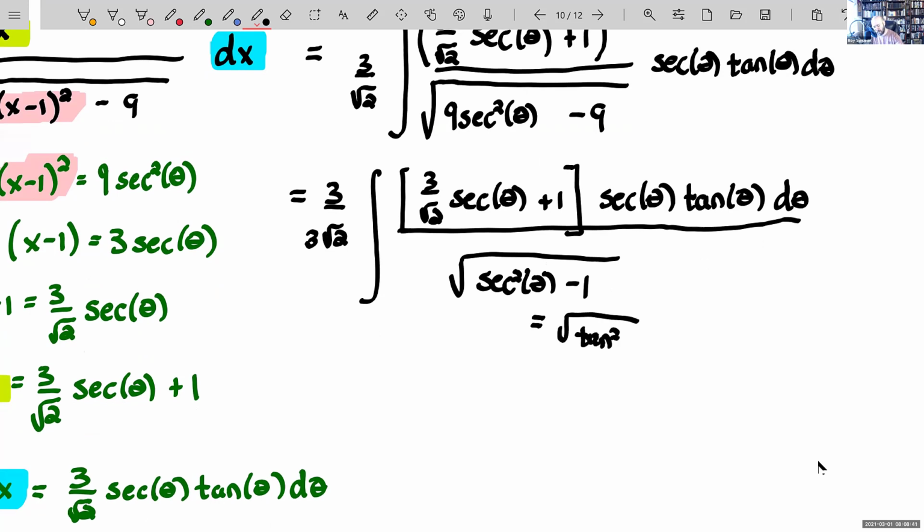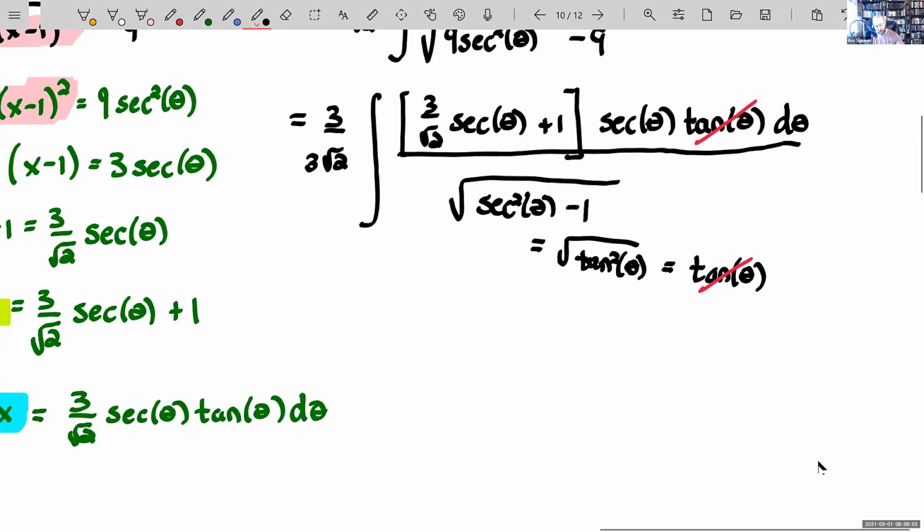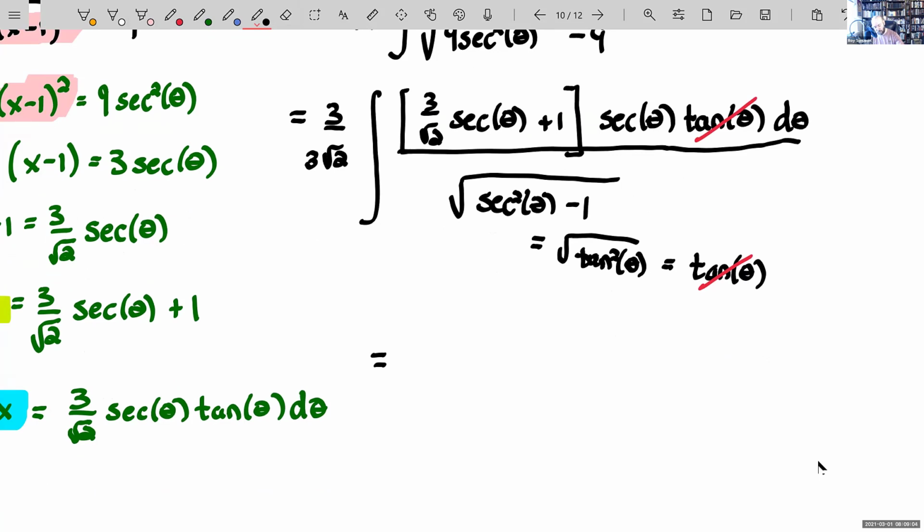Notice I'm trying to save some space here. And the square root of tangent squared, by our choice of theta, is going to be the tangent. And again, if you're wondering why it's not the absolute value, I have a video in our folder in 7.3 for that. But this allows us to cancel this tangent with that tangent. And so our integral becomes 1 over root 2